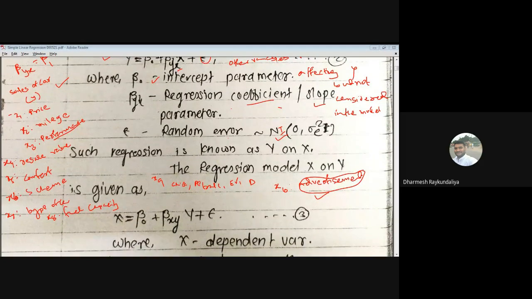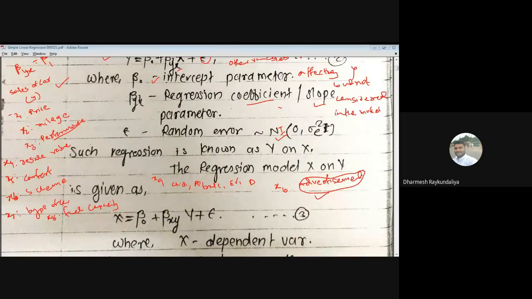Now, you have studied this at the BSc level. If you don't know which is the dependent variable and which is the independent variable, then you can have two types of regression, Y on X and X on Y. But that is usually up to the BSc level. In the usual setup, when we apply regression analysis, we should first know whether Y and X are quantitative. The second point is whether the relation between Y and X is logical. The third point is whether a significant correlation exists between Y and X.